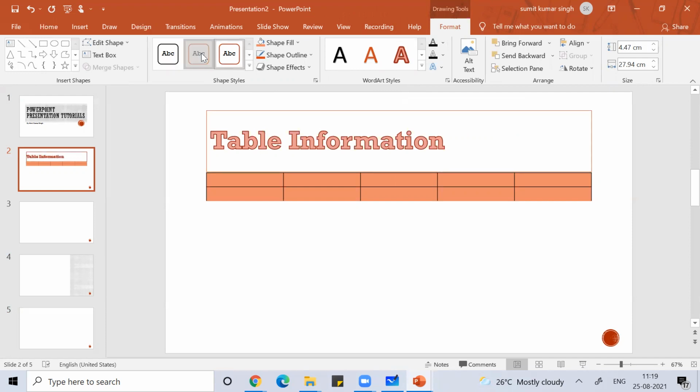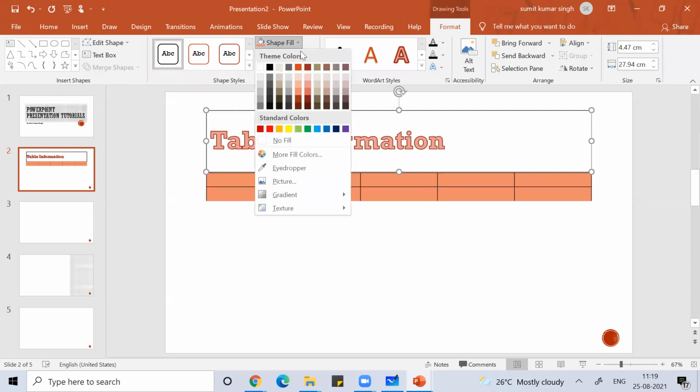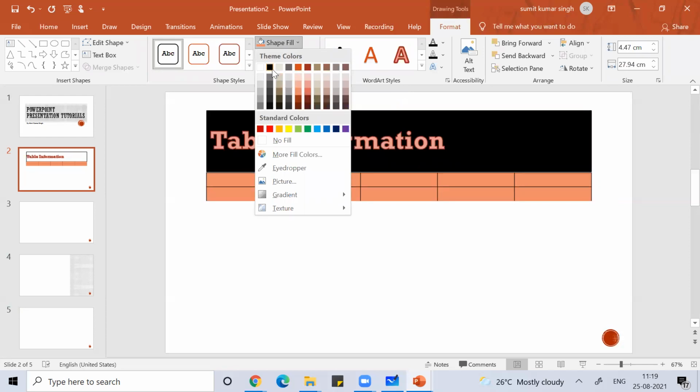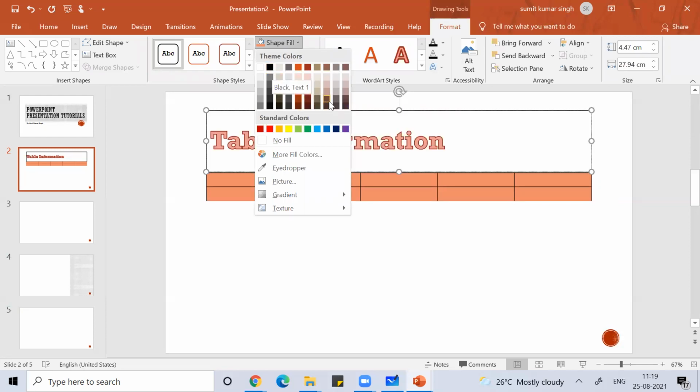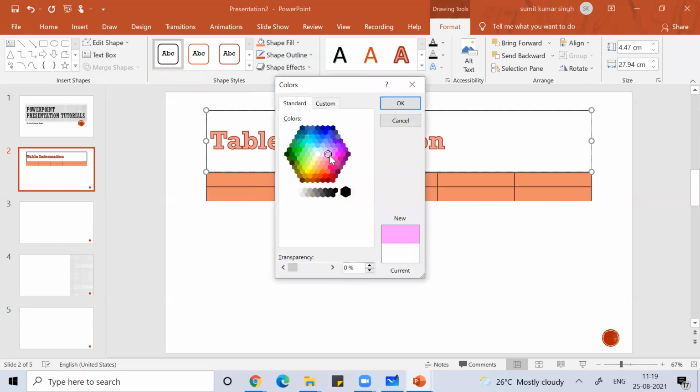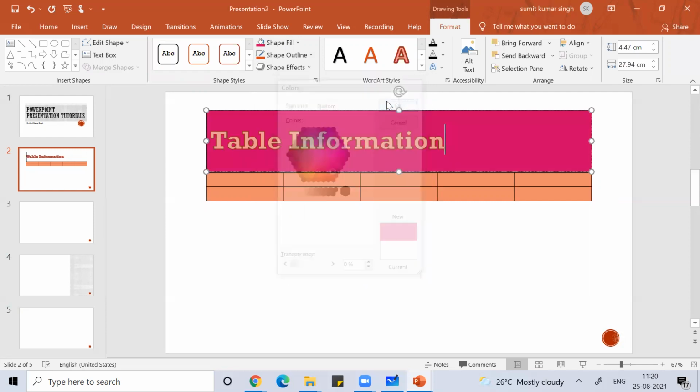You see this, that I can change. I can use shape fill. You can see this, right? I can put any color, more fill colors. I can choose even the color which I want. I can create my own color.